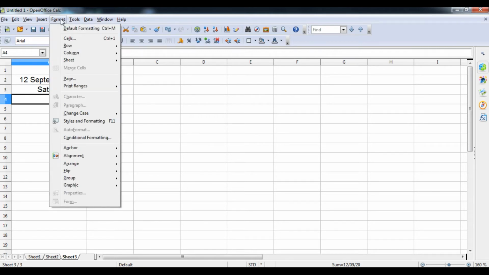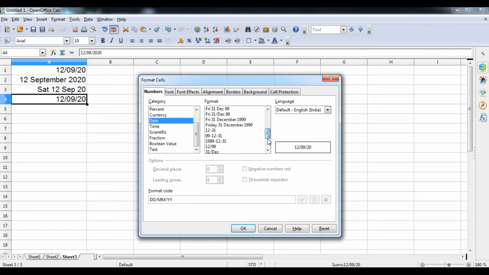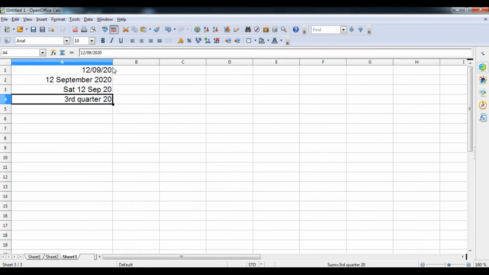Now I am going to select Format and then go to the Cells option, and then we can select like this also, third quarter 2020. So here you can see, student, it looks like this. So we have learned how to format the date using the Format dialog box.